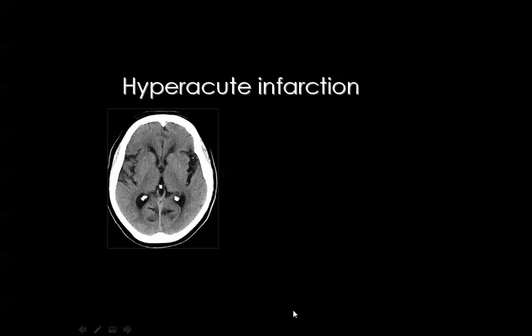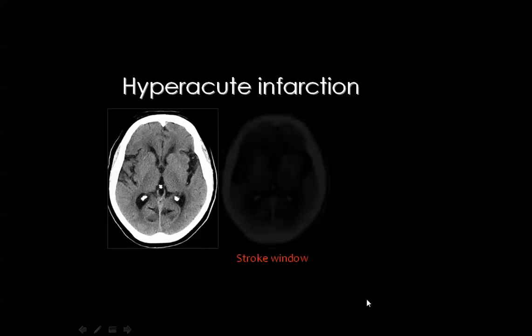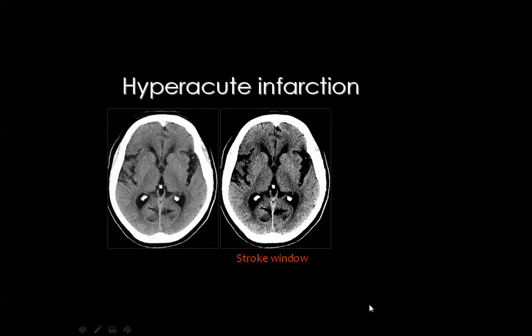Then also in the domain of hyperacute infarction, you may use what's known as the stroke window. The stroke window is just to adjust the window to see the brain parenchyma more clearly in the suspected area of an infarction. Can anyone suspect the infarction site here in these two images? These are the same images, but this is the normal or the usual window, and this is what we call the stroke window. I hope you can appreciate that there is some abnormal density in this area around the sylvian fissure,